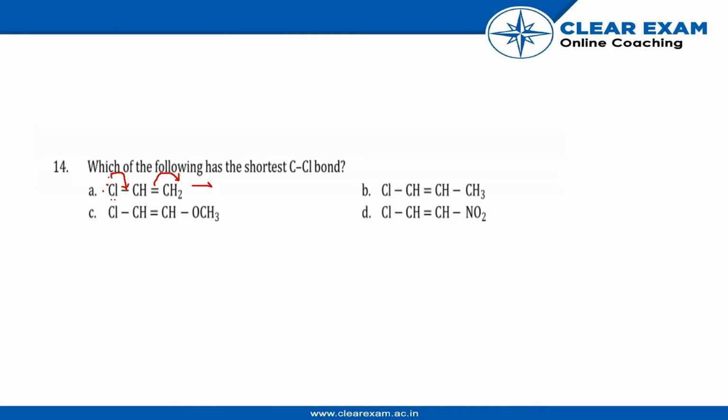And it will form Cl plus CH2. So as we can see, there is a conjugation between three atoms in this case. Now let's check